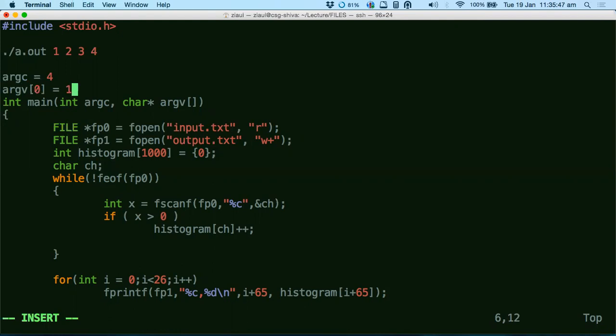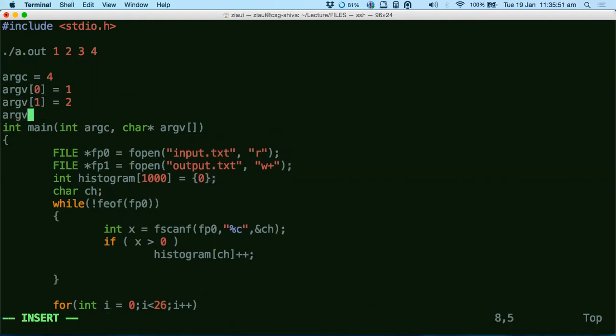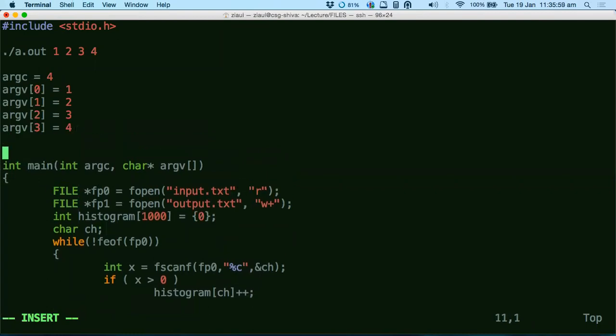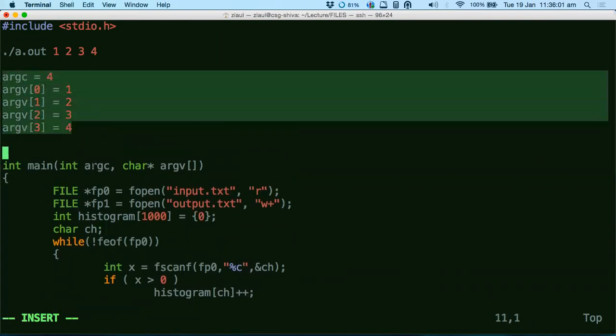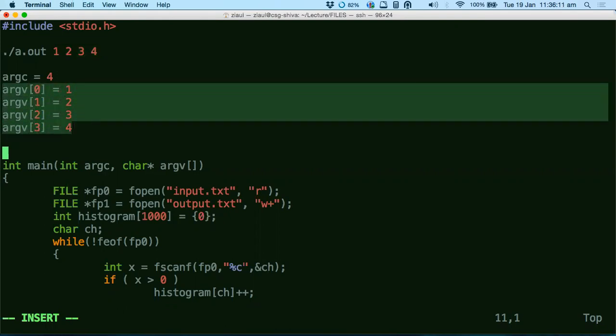Anyways, we'll find it out later. So ARGV[1] will store 2, ARGV[2] will store 3, ARGV[3] will store 4. This is how the command line parameters will be stored in these two parameters. The first will store the number of parameters which are following a.out, and then this ARGV array will hold the values 1, 2, 3, 4.